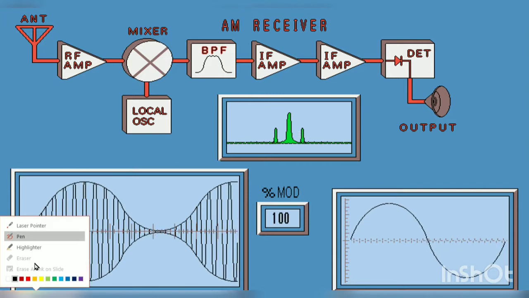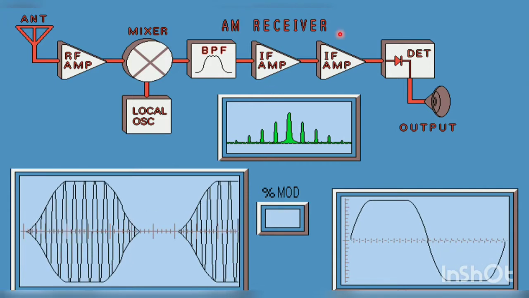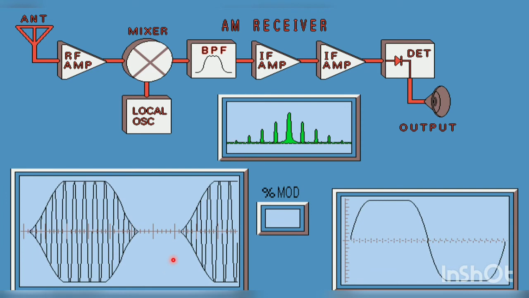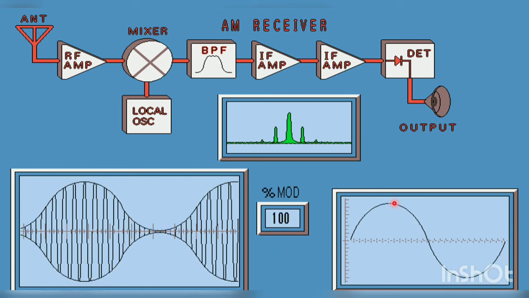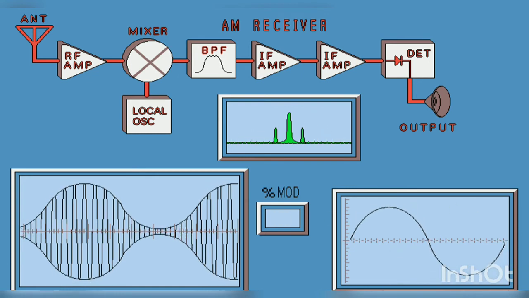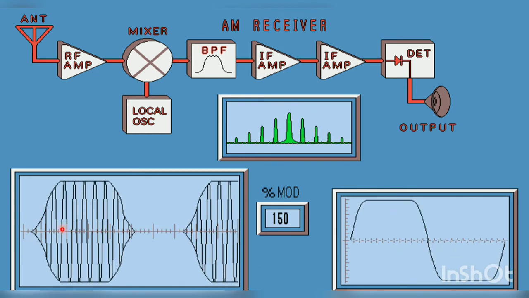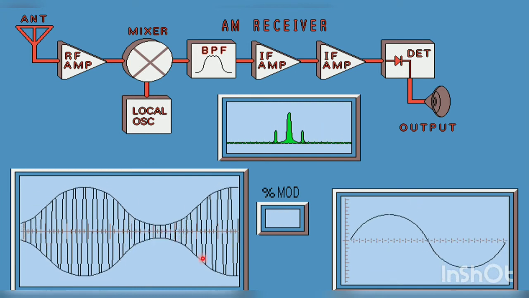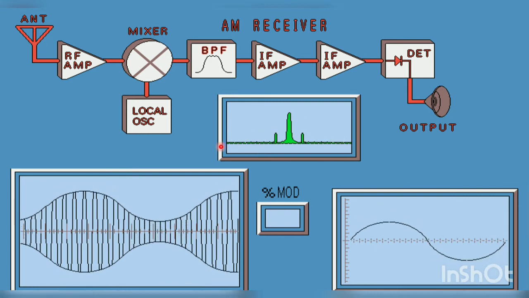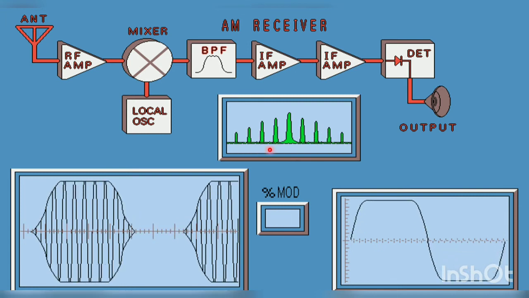Next, here I have an AM receiver that is based on the superheterodyne receiver operation. Here you can see this represents the output spectrum, and this is our radio signal and the corresponding output of the signal. You can see the output varies according to the increase in the modulation of our incoming signal. Another thing you can notice is that when the modulation increases, the number of spectral components also increases.